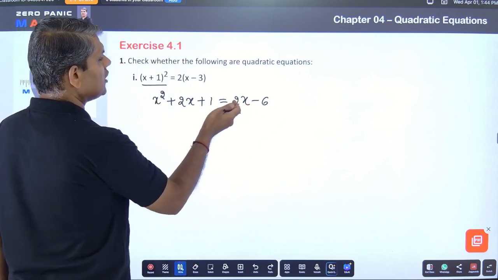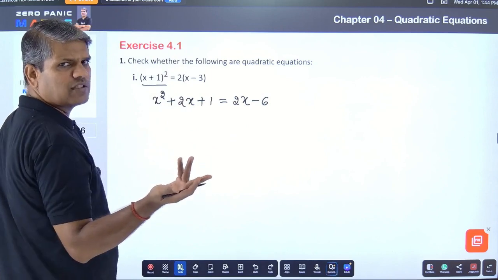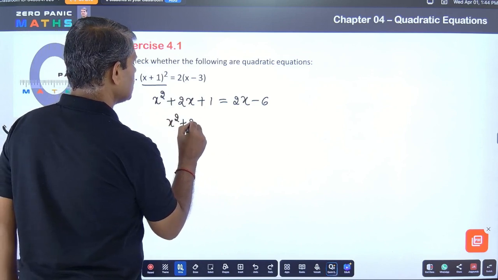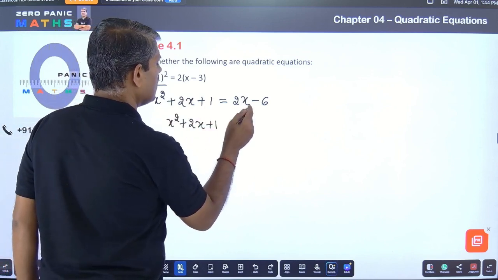Let us take 2x and minus 6 to this side. That will simply give us the result. x square plus 2x plus 1 minus 2x